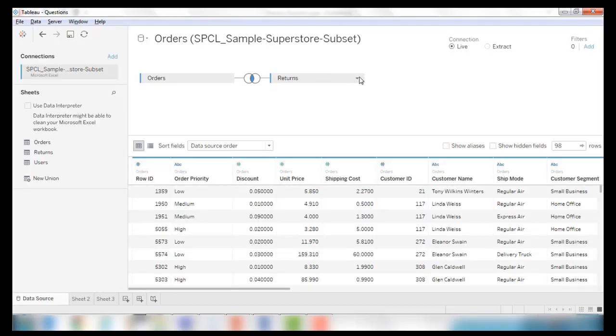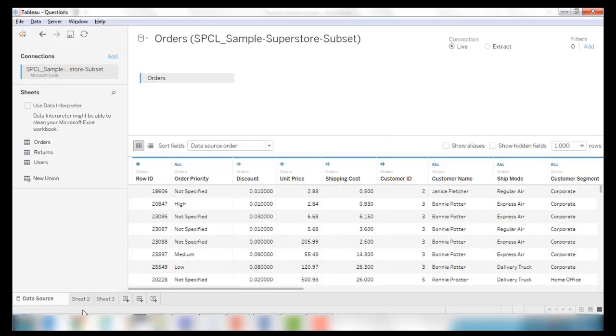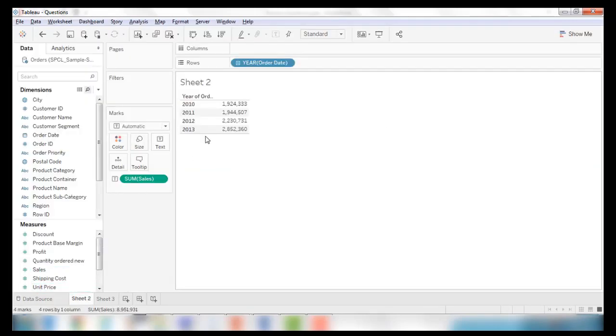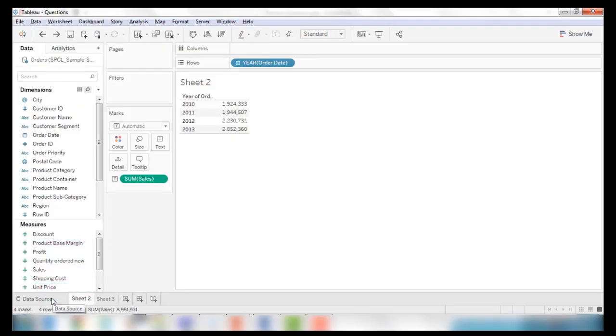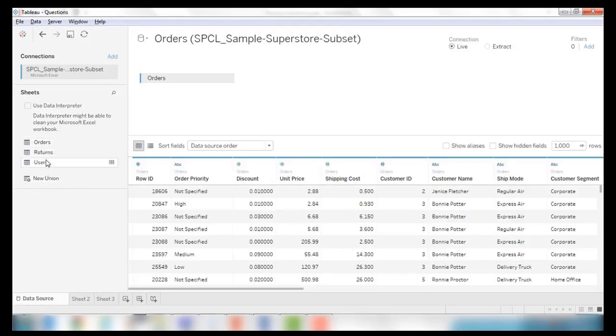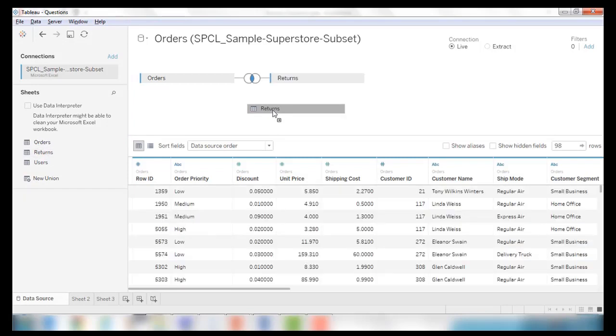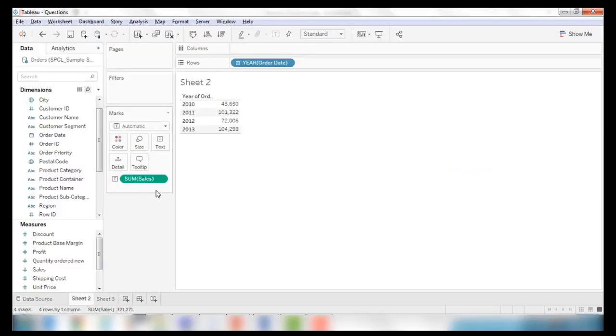Just to clear the concept, if I remove the returns, let's see the sales. See, it has grown too much, so this is the actual sales. But if we join the returns with this, it only gives us the data for the sales return. Now let me bring the returns back by putting the returns here. So now this data is giving me the sales return value.